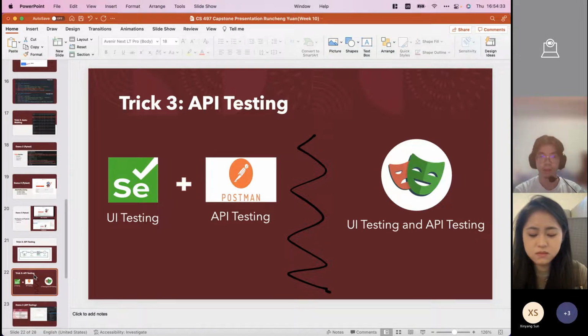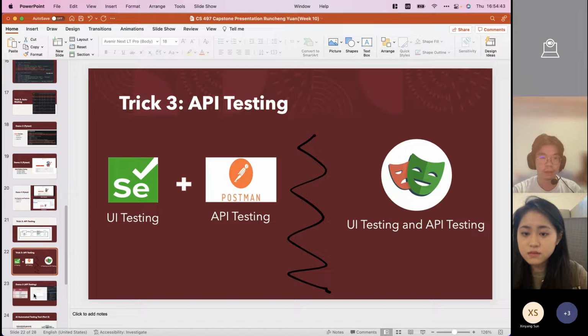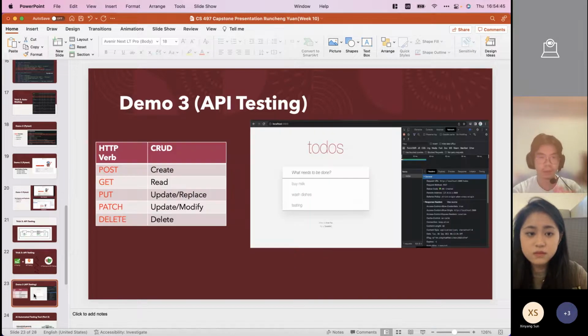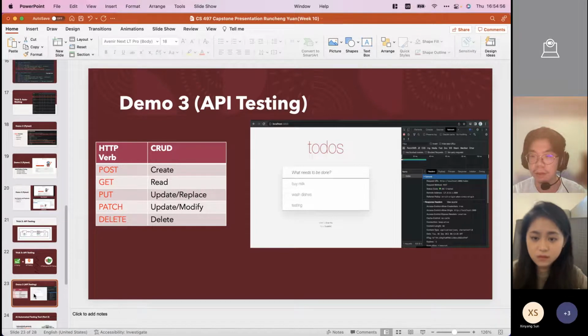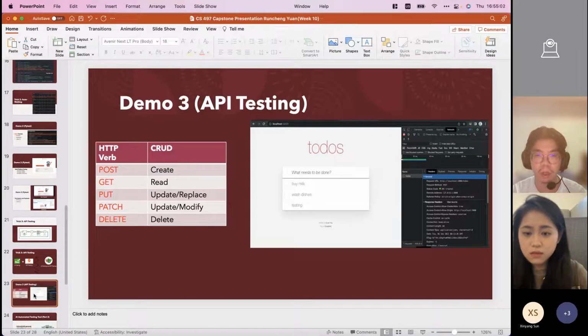That they have the complete framework, but Playwright can do this by its own. They don't need to rely on others. They just need to do the UI testing and the API testing. Because of time reason, I don't show too much on it. I just want to mention that testing the API is very important, and Playwright can do it by itself. So you can make a test engineer have a complete framework with one tool.